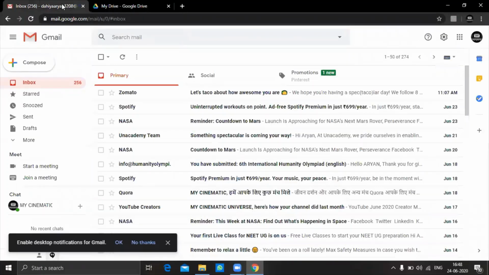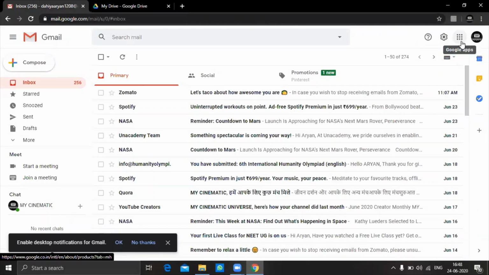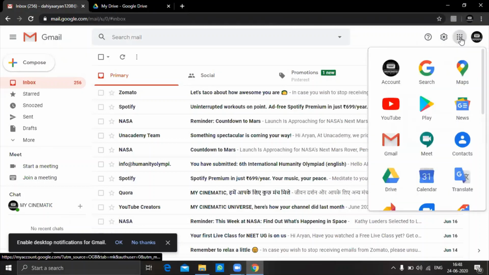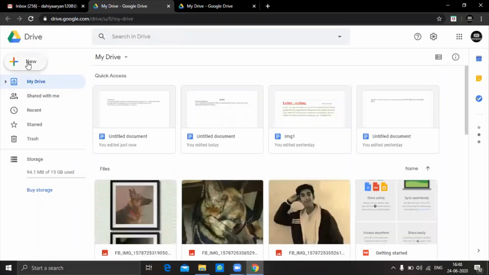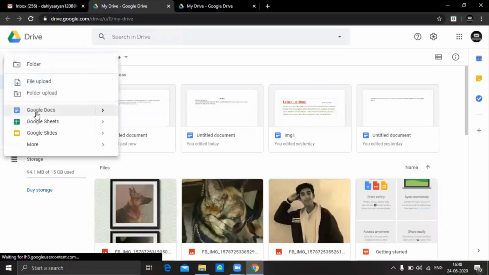Clear? Or by this way you just open the Google Apps. 9 dots are there for Google Apps. Click on these dots or open Drive. This is the symbol of Drive, and then click on New and then select Google Docs.